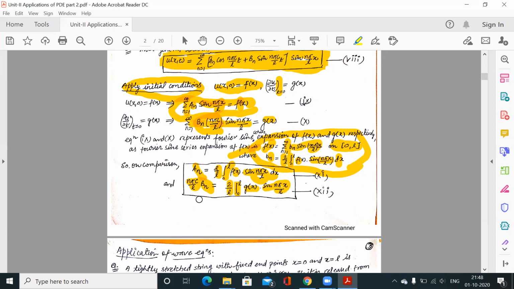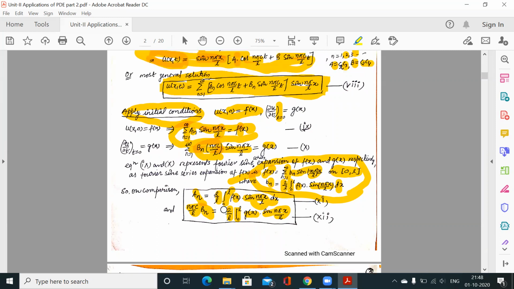So this is the solution of the one dimensional wave equation, which satisfies both the boundary conditions and the initial conditions. So this is the derivation of the solution of the one dimensional wave equation. But now we will have some questions in the form of wave equations, where we will be given what is fx and what is gx. This is the general solution because we don't know with which velocity we are starting, with which vibration we are starting. Clear? So this is the general solution where u(x,0) is fx, and del u by del t is gx.